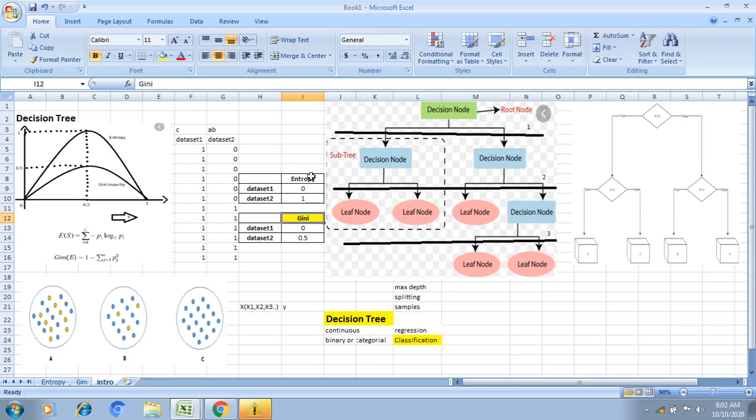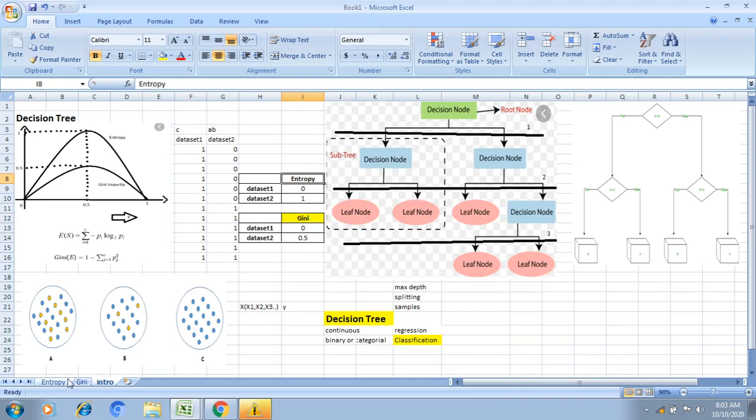Okay, similar way we can use either one technique. We can split our tree in an efficient way. Okay, these two techniques we can use. Mainly we will use Gini. Why? Because we don't have any complex operations here. If I use entropy, we have logarithmic, complex operations. In sklearn, the default technique is Gini. So if you want, we can pass the entropy technique to sklearn so that we can form our tree using entropy also.